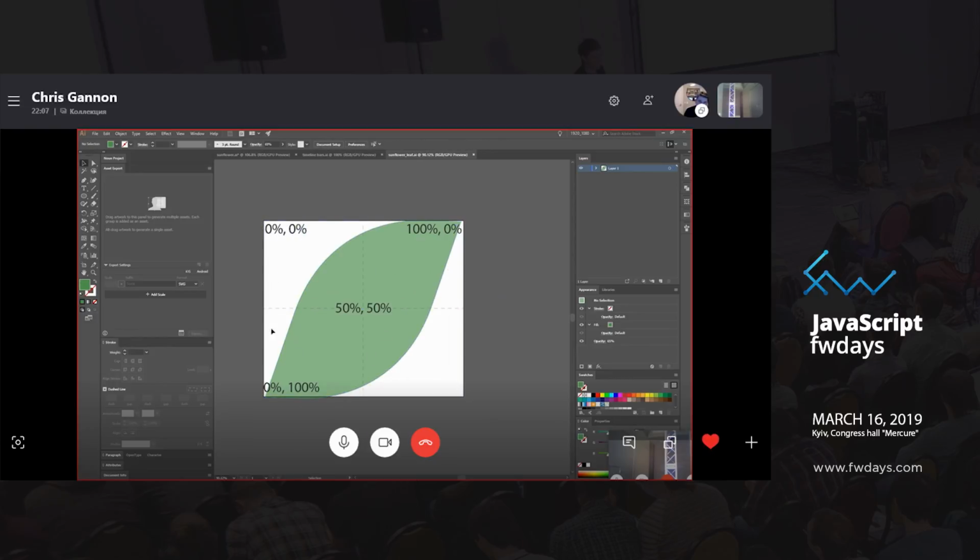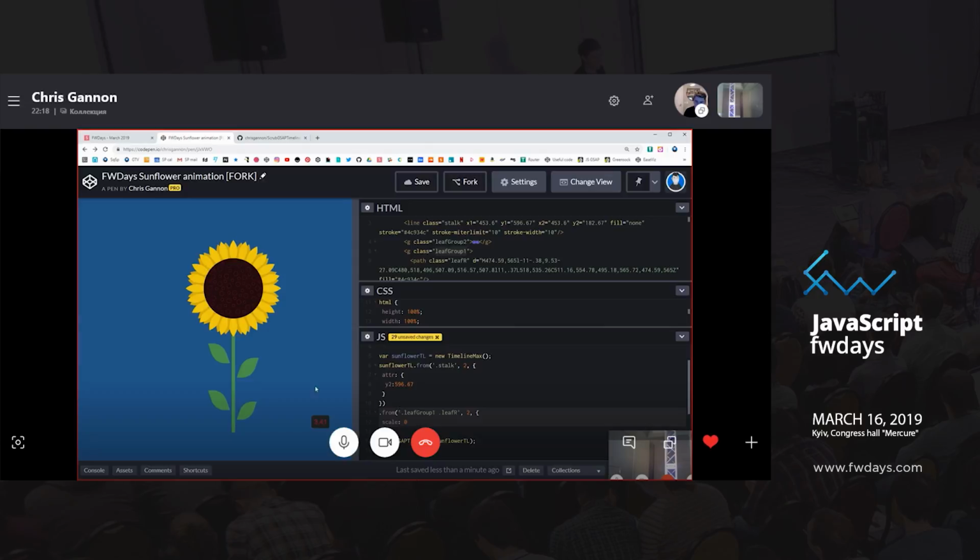Where we want to animate it from is its bottom left, which is 0% on the X and 100% on the Y. So we're going to set that inside our code: its transform origin is 0% on the X and 100% on the Y. And you'll notice immediately it changes to animate from a far more natural